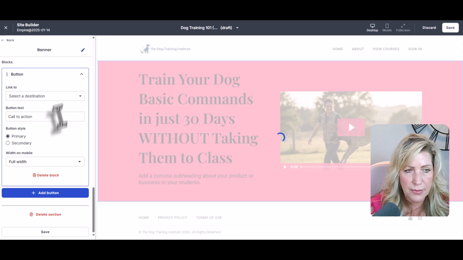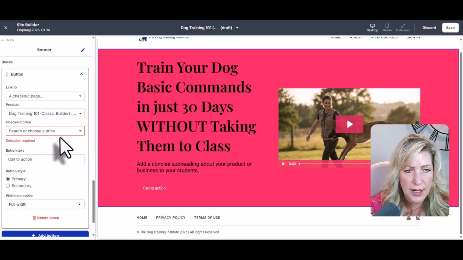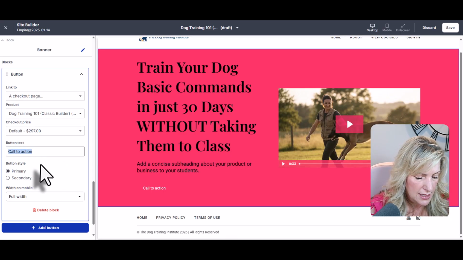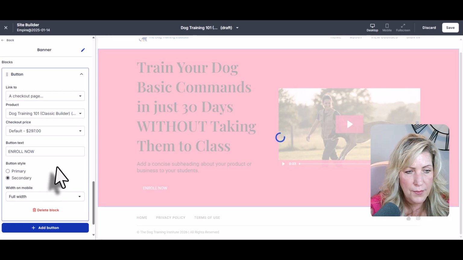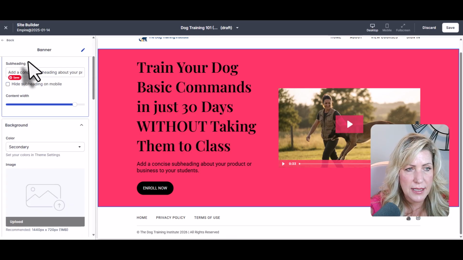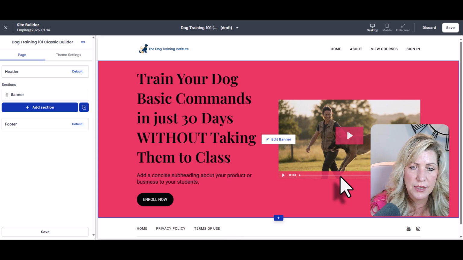And here's where I can add a button. So maybe this links to the checkout page for Dog Training 101 for the $297. And I want it to say enroll now. And I want it full width on mobile. All right. So this is basically how you start to build out the sections of a sales page using Thinkific